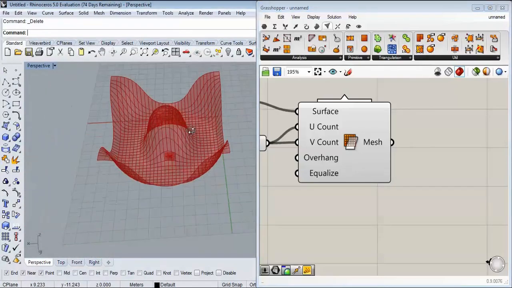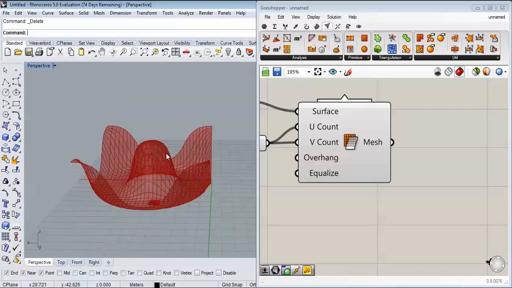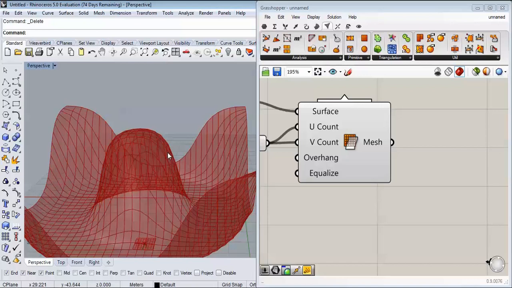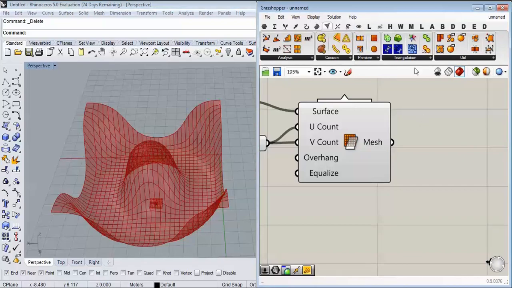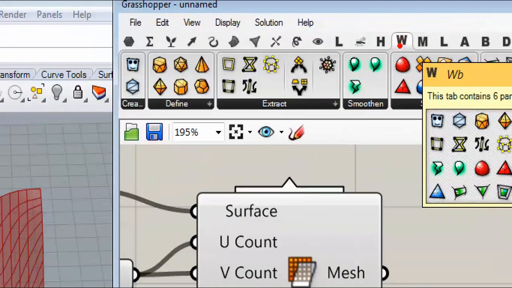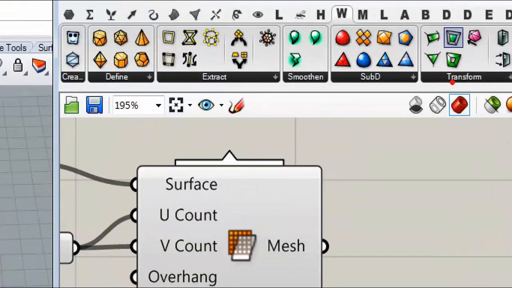When you enter the mesh part, a really important tool you have to use is a plugin called Weaverbird. Basically this plugin is going to change your mind about mesh modeling in Grasshopper, because Rhino is really not too strong in mesh modeling, and it has its weaknesses. But in Grasshopper, if you use Weaverbird, you can just download it. I will put the link in this video. You can download this plugin, just install it and restart Rhino and Grasshopper, and when it comes up, you have a set of tools that are incredible. You can extract meshes, you can make holes in your meshes parametrically, and that's a great thing,